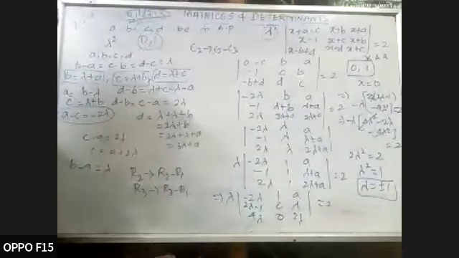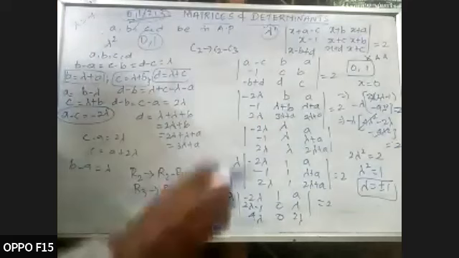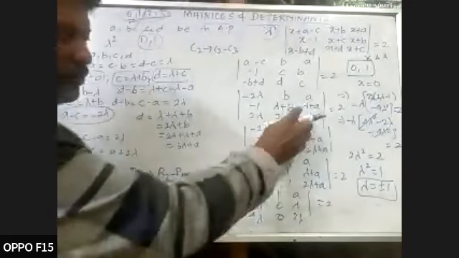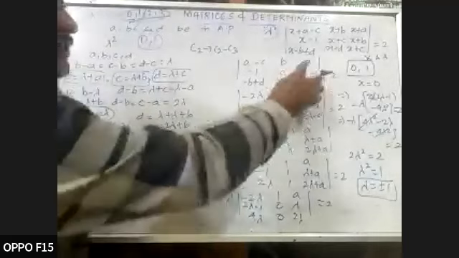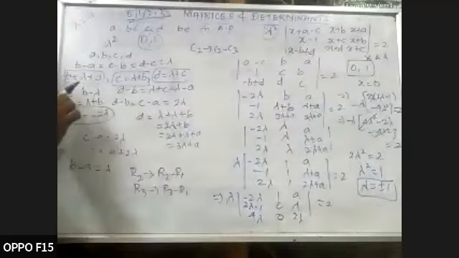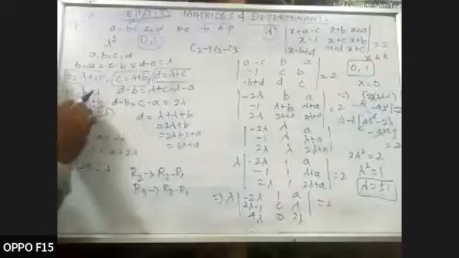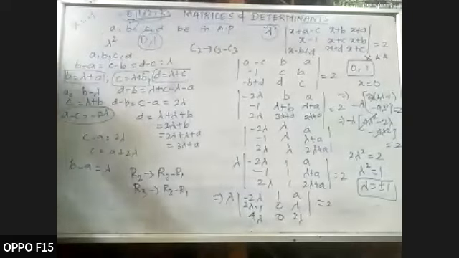Now I'm just putting c2 tends to c2 minus c1. Then when c2 minus c1 is done, a minus b. Your a minus b is there, right? That is c2, a minus b. Your a minus b means this is a, this is b. Subtract these two. What will we get? We'll get which is equal